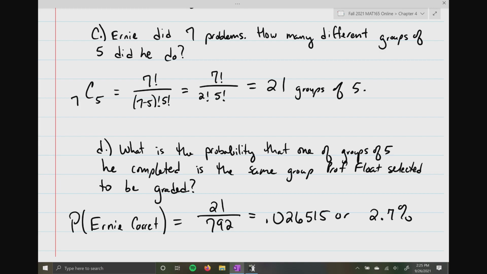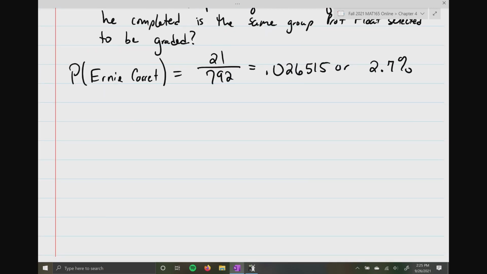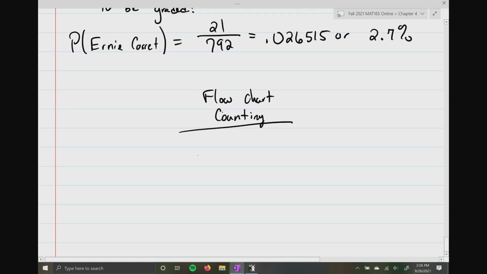Okay? So the last thing I want to do here is just give us an idea of what just happened here, because if I'm looking at it, it's a 50-minute video right about now. It's a long one, so it's nice just to kind of wrap everything up. So here's a little flow chart. So anytime you're trying to count, this flow chart will actually help you. So this is our flow chart for counting. All right. So the first question you want to ask yourself is, does order matter? Okay. And if your answer is yes,